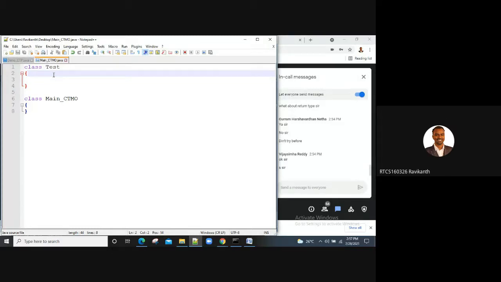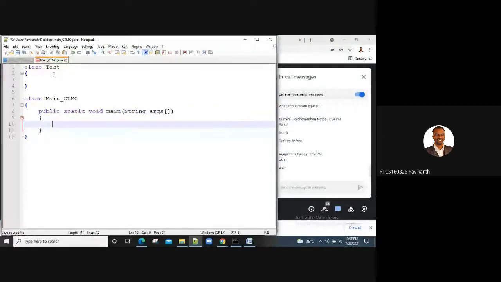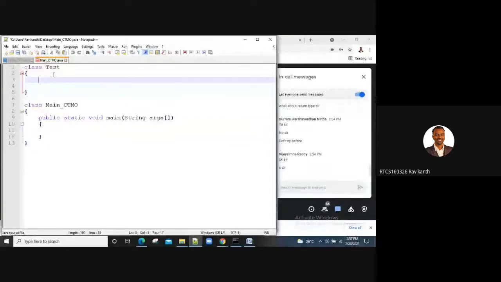So in this program, let's try to calculate some addition and square of some values. Public static void main. In this class, I'm writing a method called calc, for calculation.